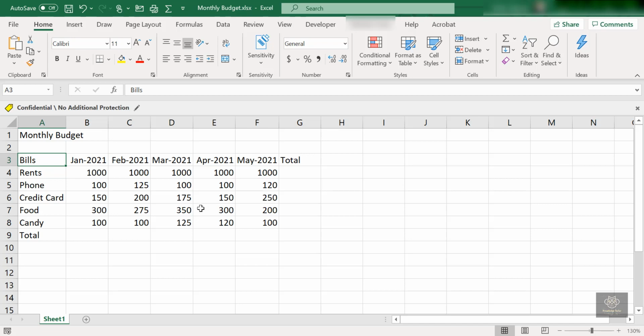Somebody saves this document, emails it to you, and tells you, hey, I want you to take a look at some values in the Excel spreadsheet. Let's look at the values of X month, or for X bills, or whatever.